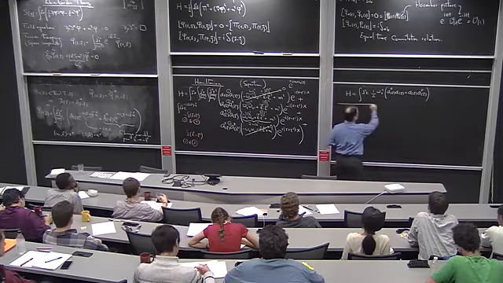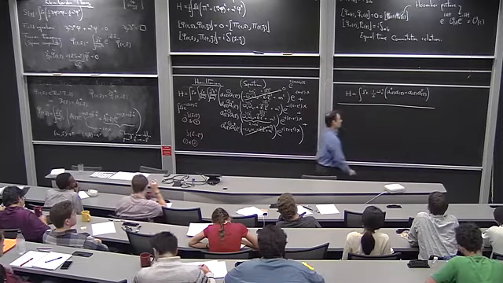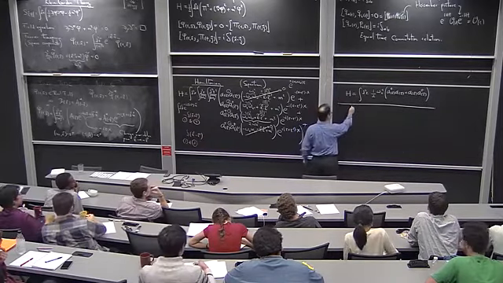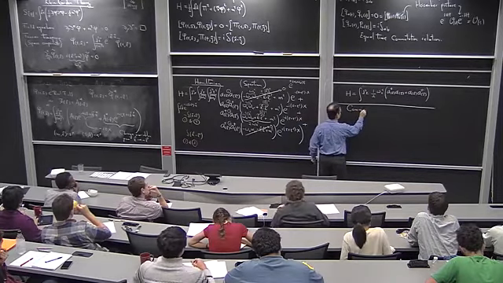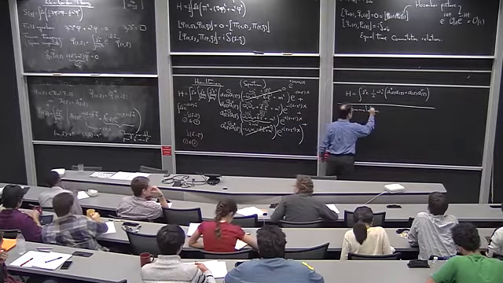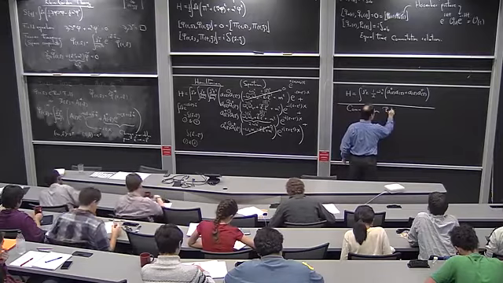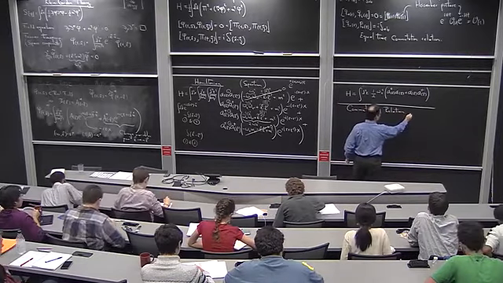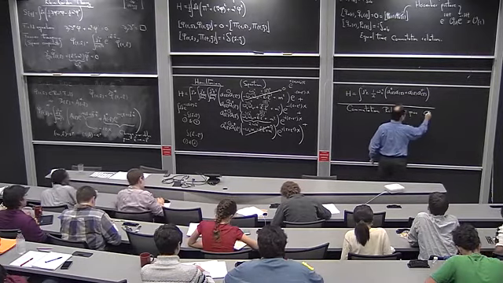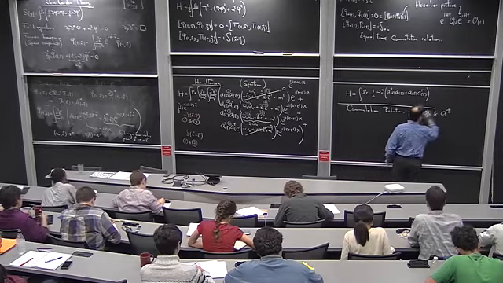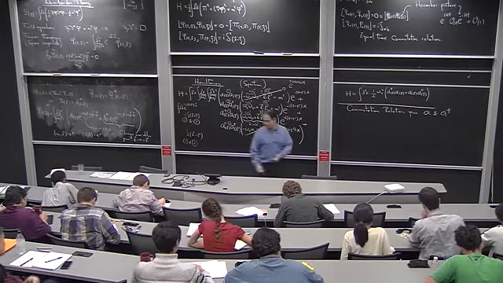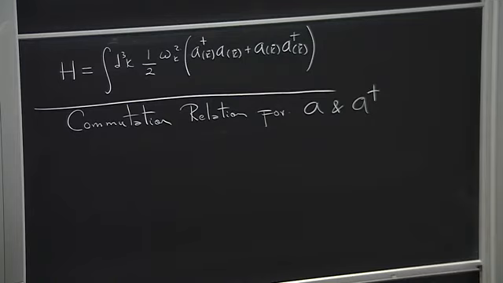So now, in order to proceed further, we really need to know the commutation relations for A and A dagger. Okay? So once again,